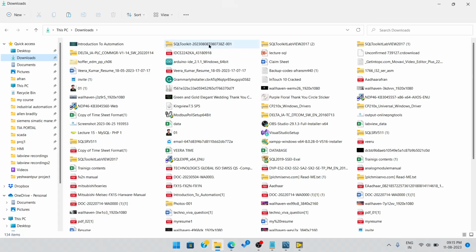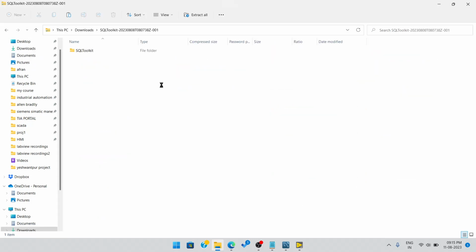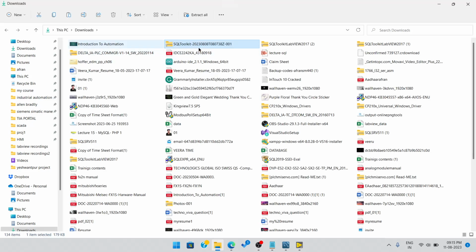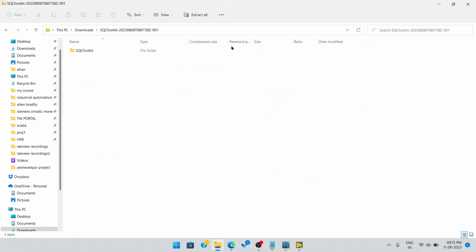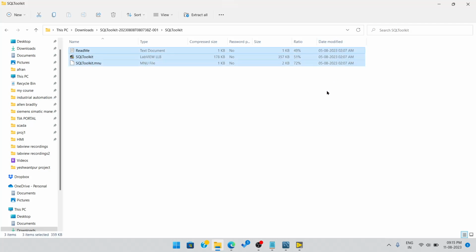So this is the file. I will share the link of this in the WhatsApp group. You can download from there. If I open this, here you can see three files. One is a readme file and the other two are there. So if I open this readme file,